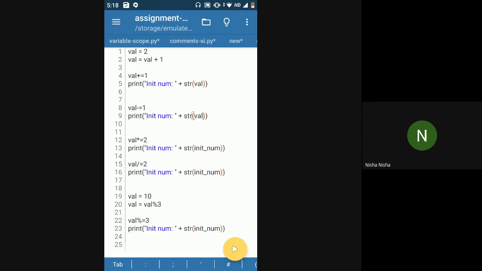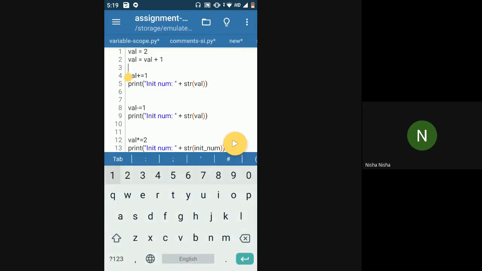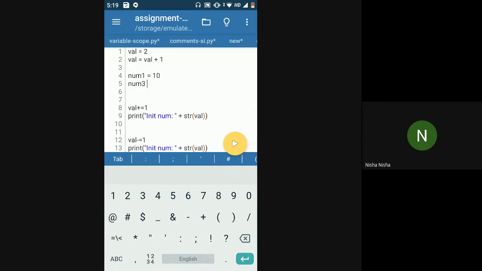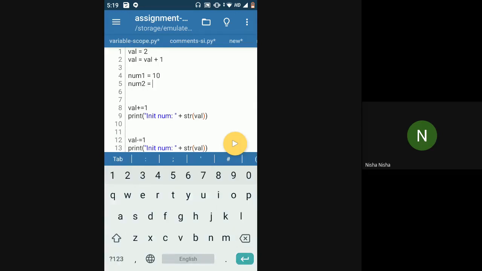Whenever we are assigning a value to a variable, we use the equal to sign. So that is one of the assignment operators. Now, if I want to add two values and put the result inside the initial value only, like in case of addition, if I have num1 is equal to 10, num2 is equal to 15, and I want to add these two values, then this is what we have been doing till now, num1 plus num2.